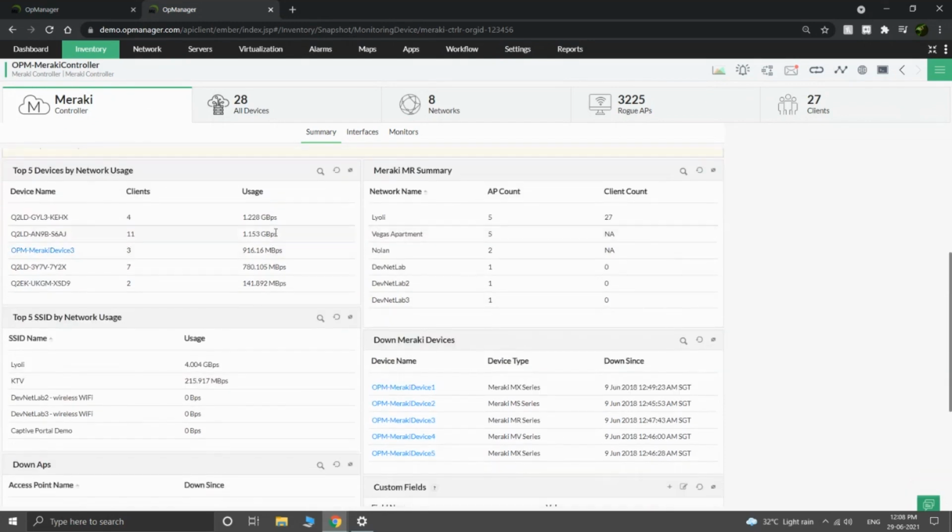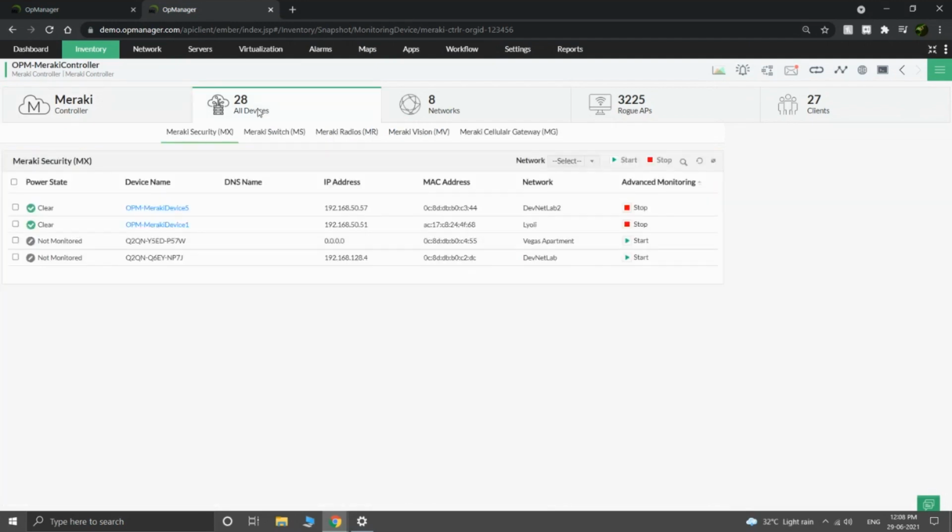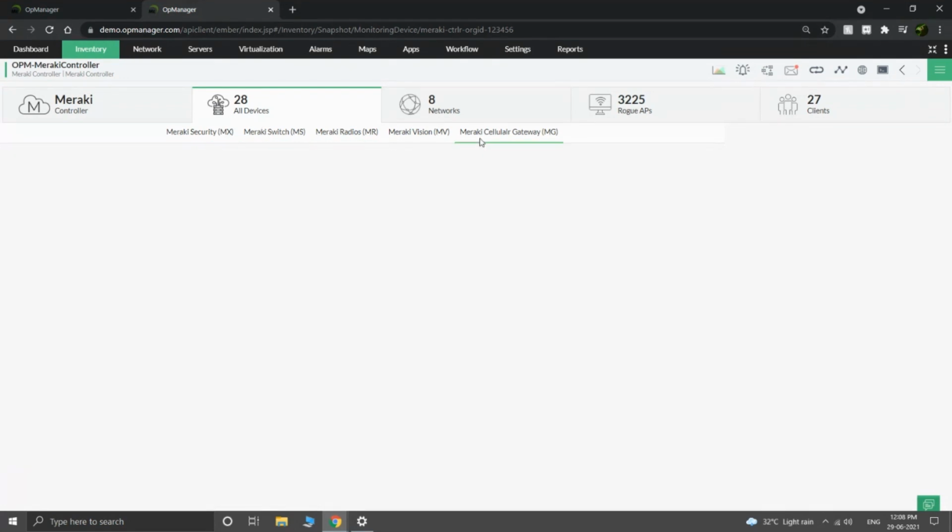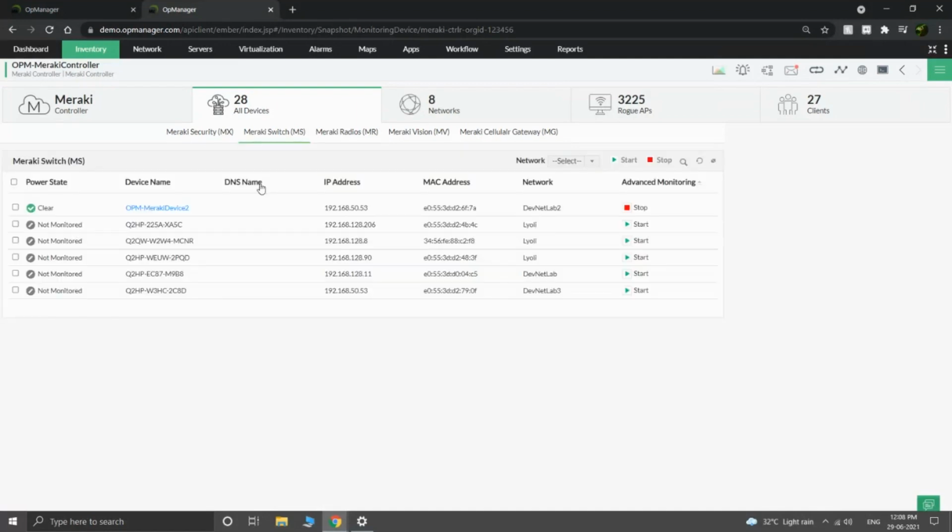You'll have various other widgets that are specific to the Meraki controller. You have widgets that tell you the top 5 SSIDs by network usage. It will tell you about the Meraki devices that are down, and it will also list all the devices that are associated with the Meraki controllers. As I told before, you will have a list of all the Meraki radio devices, the Meraki cellular gateway devices, and the Meraki switches that are associated with the controller itself.